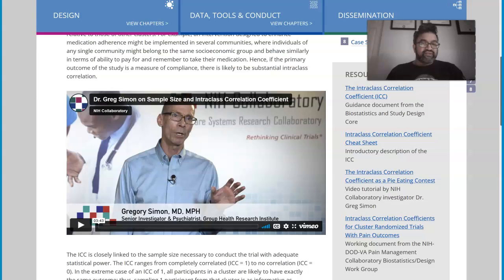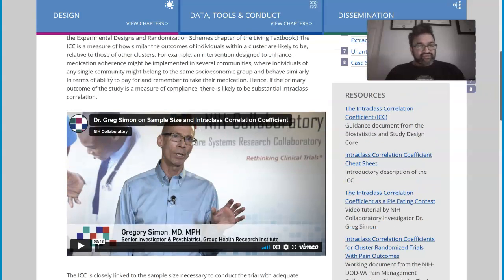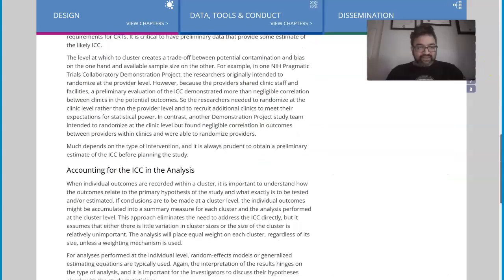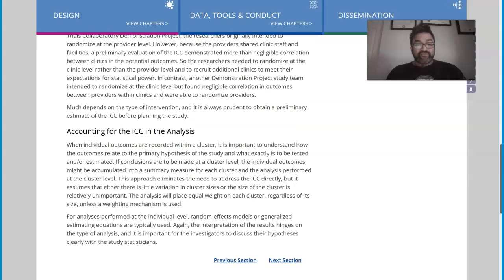If within a single community there's not too much difference, then you might need a lower sample size than if there's more variation within a community. Also, medication adherence is another area that was studied here. So anyway, I'm spending too much time in one place, but this is an example of one measure that needs to be looked at when thinking about clinical trials here.